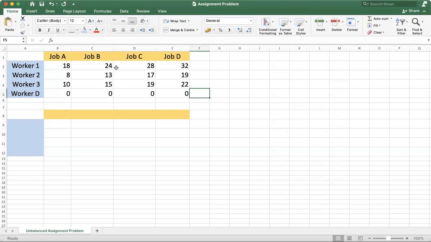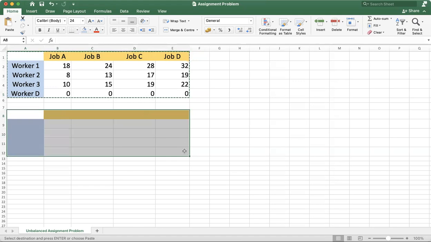Our objective in this assignment problem is to find the optimal assignment where we have the minimum number of hours to complete all the jobs. As a first step, we will copy down this table.